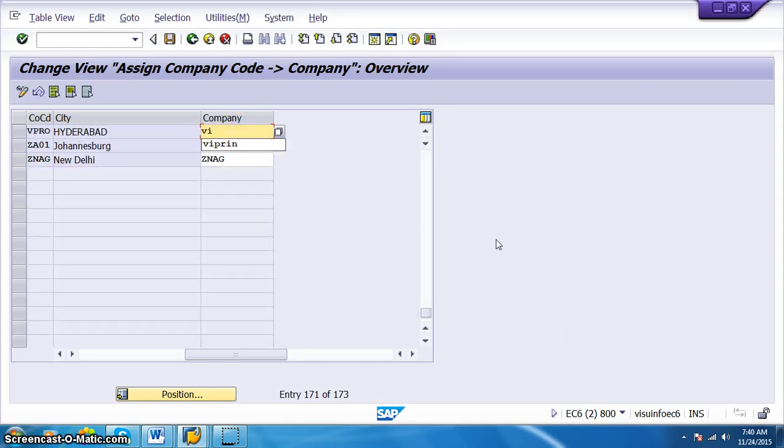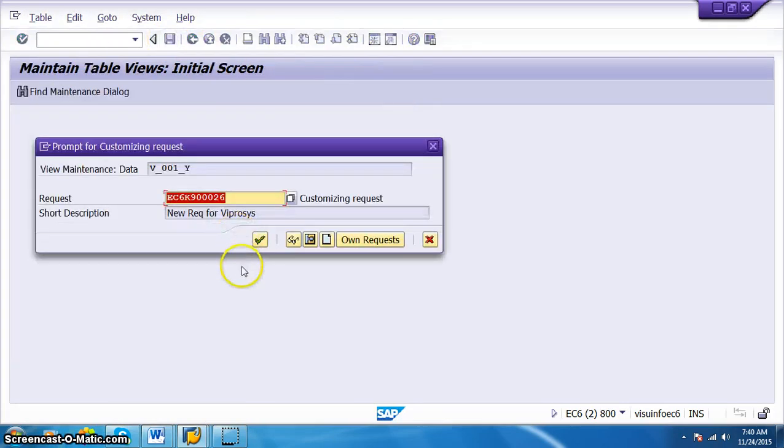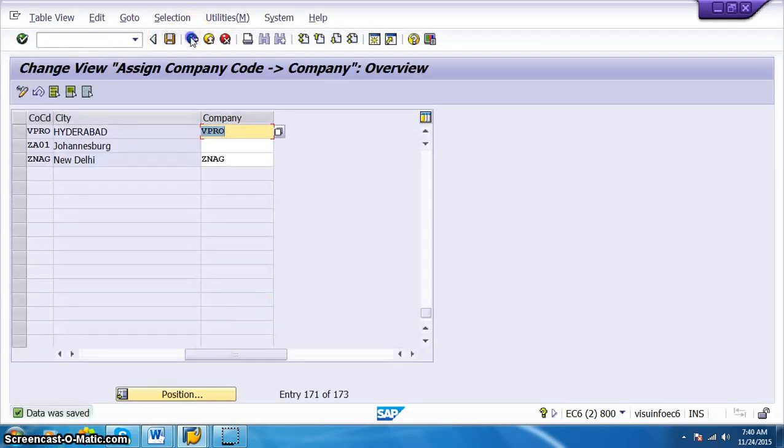We are assigning the company code to company, so VPRO, select the company, select it, save it, and the same request number, back.